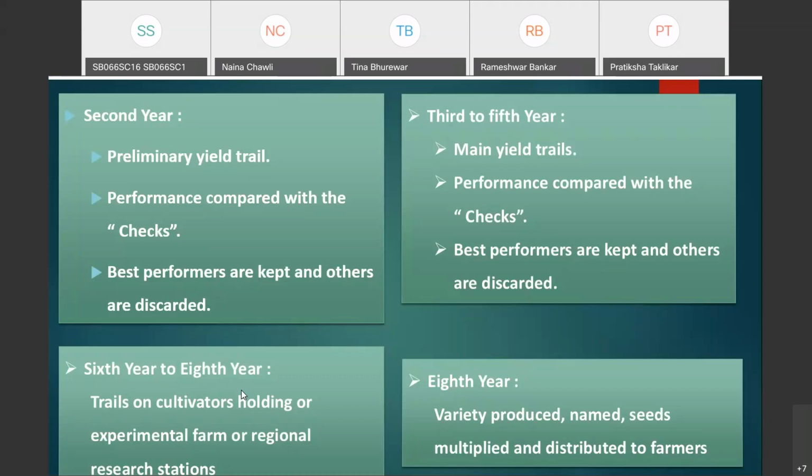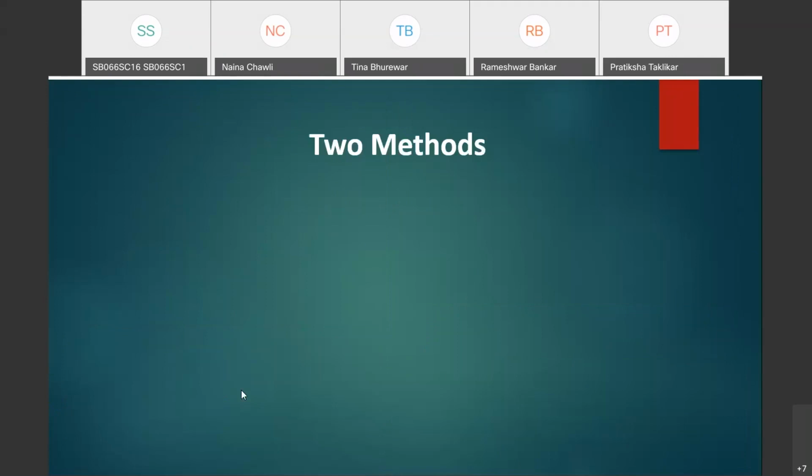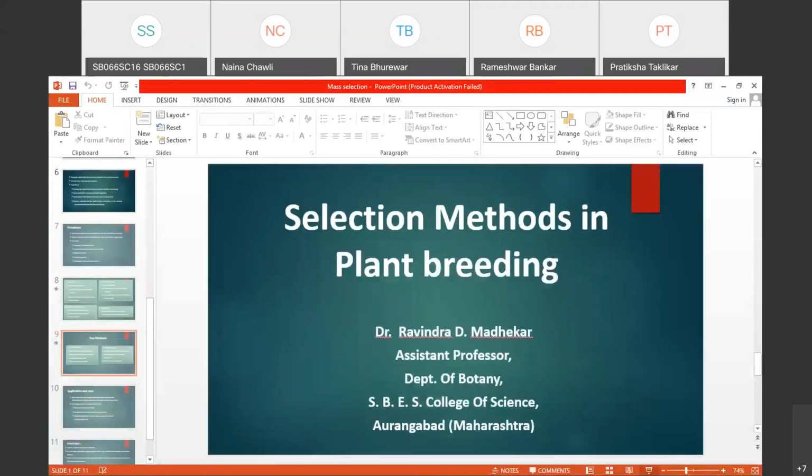Okay, and we have discussed in detail how actually the field technique for mass selection is practiced. I think this is enough for today. Discuss the different methods